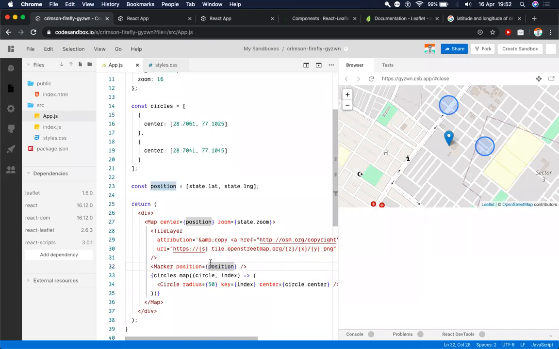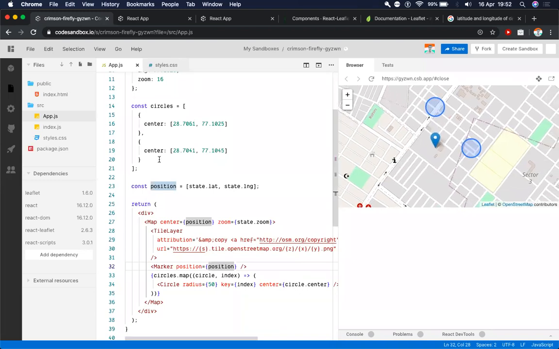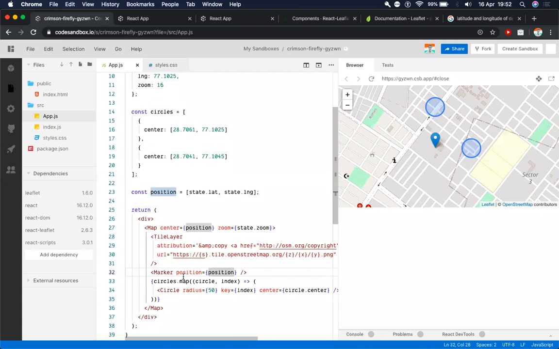So ESLint didn't scream at us for this, but generally this is good practice to pass a key value to React. So right now we see that both of our circles are getting rendered on the screen, since we have returned a loop, since we are looping over the circles array and mapping it to our screen. So is this part clear to everyone? How we have used map to map the circles on our map?